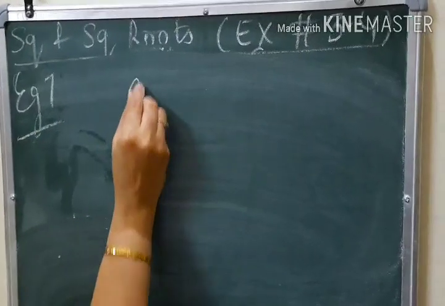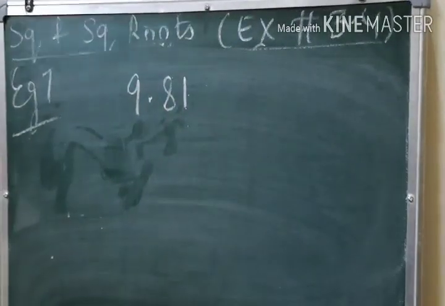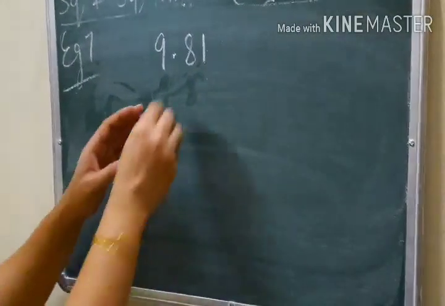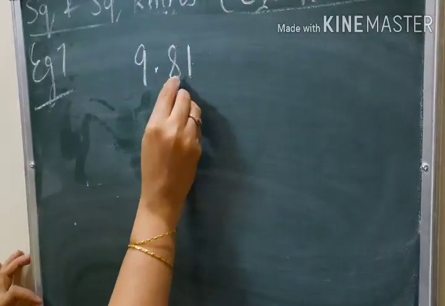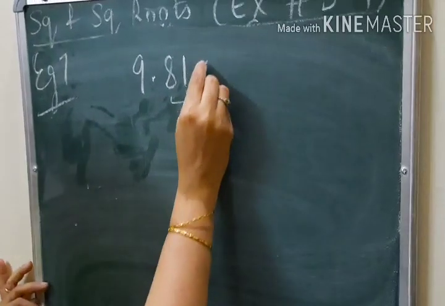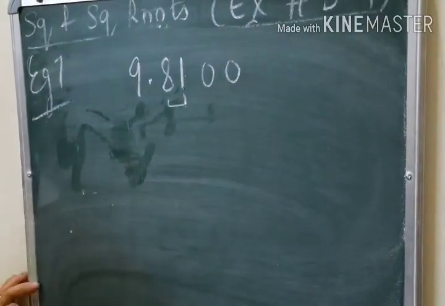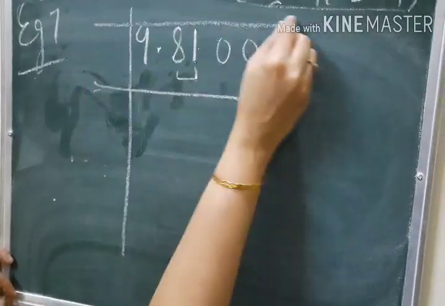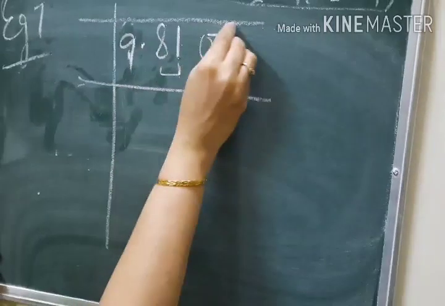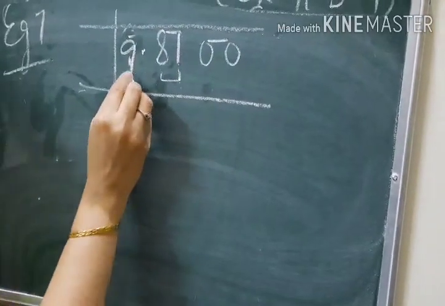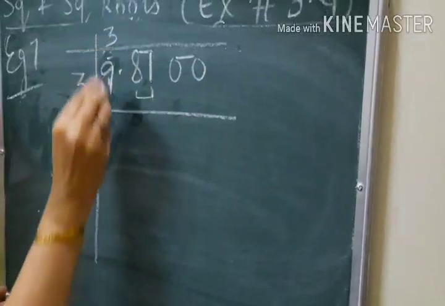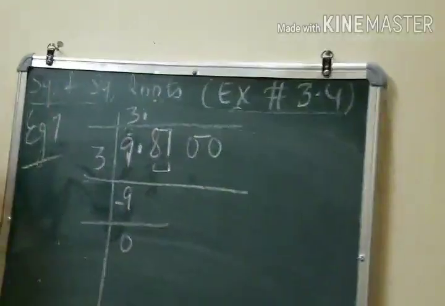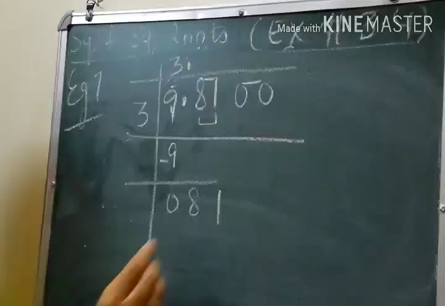Find the square root of 9.81, correct to 2 places of decimals. That means after the decimal I want 2 places. Now here I have just one pair. If I have to do 2 places, I need one more set of zeros. So we'll have 2 sets of zeros. Now make the pairing. Single number is 9, so we'll take 3, 3 3s are 9. The point has come in the question, so we'll put the point in the answer also, and we'll note down the next pair 81.